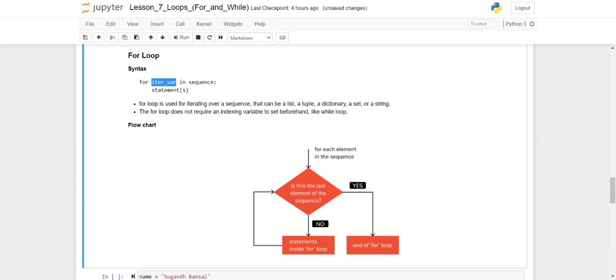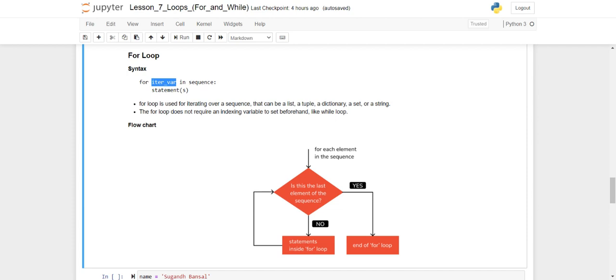So for loop basically is used for iterating over a sequence, and that sequence can be a list, a tuple, a dictionary, a set, or a string. Like if you have given a name like Python, then it will take character by character values. It will iterate those string values and then print it or get it for you,